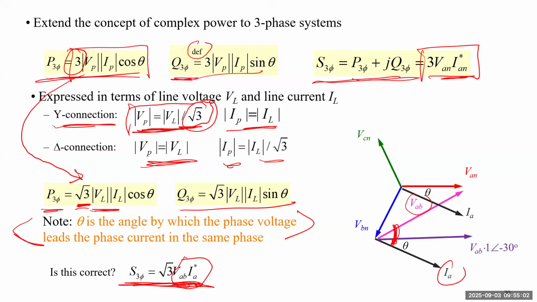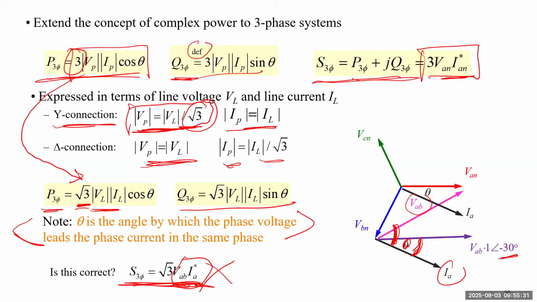And these two phasors will have the angle which is theta. So it's okay to use this voltage multiplied by conjugated IA, then multiplied by 1.73. That will give you the correct answer of complex power, because you have made this correction to make sure the voltage and current phasors are separated by the power factor angle. But this formula is wrong.